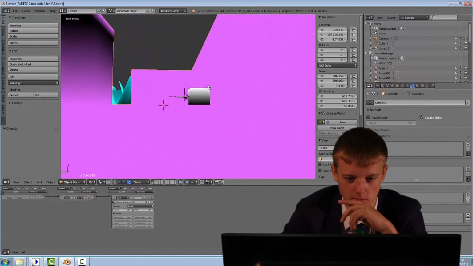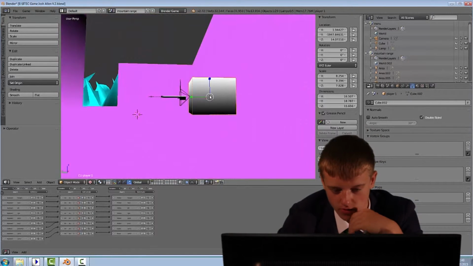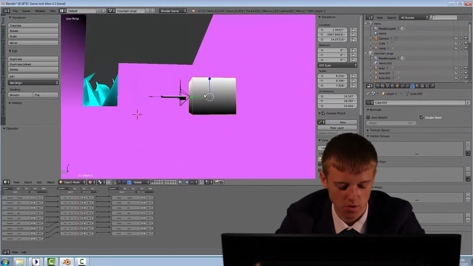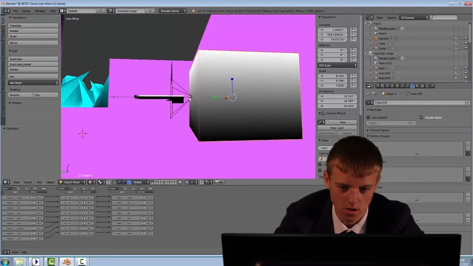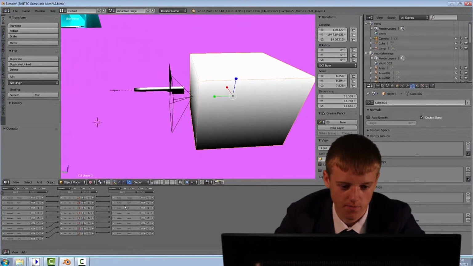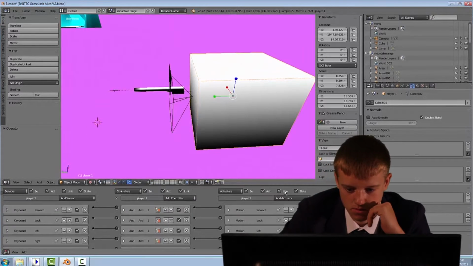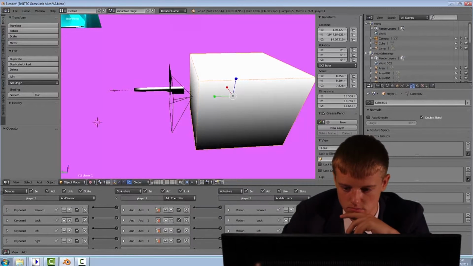I started by making just a plain cube because I didn't have a character idea and it's a first person shooter, so there was really no point in making a character. So it's just a plain cube, and then for the logic sequences,